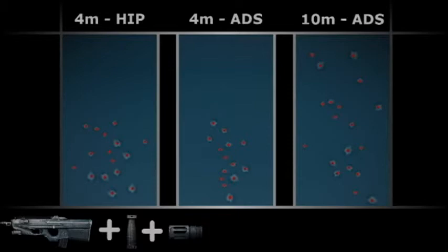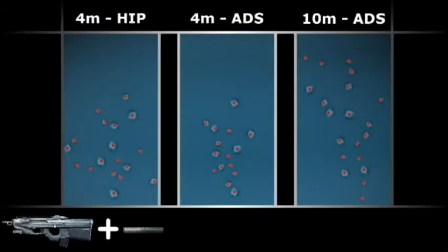And if you're going to go for this 10 meter shot and a little bit above, I'd rather use a heavy barrel over this, even though the recoil is a little bit higher, but it gives you more accuracy, because the flash suppressor doesn't do that well at 10 meters. The heavy barrel gives a better pattern, so I don't think that the flash suppressor has that much use with that gun. Last off, we've got the suppressor, and you know, the suppressor has been nerfed quite a lot, so